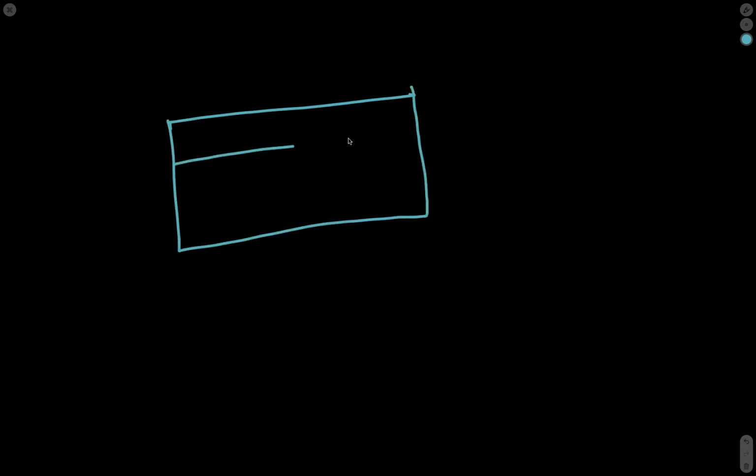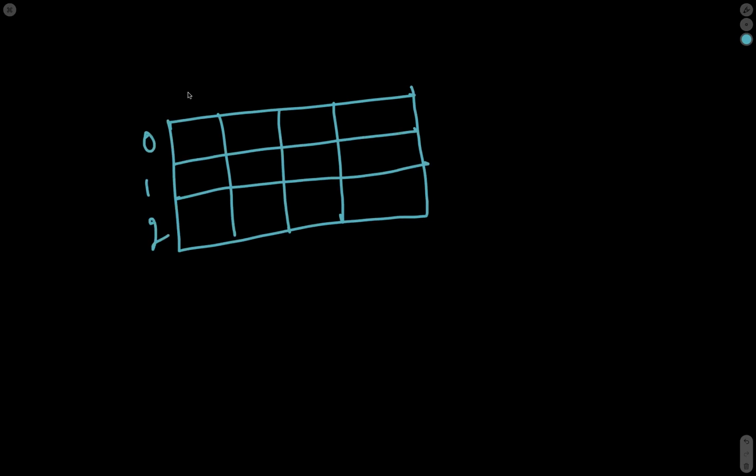Let me draw one more time. Based on this, for all the boxes which are in the first column, the value is 1.